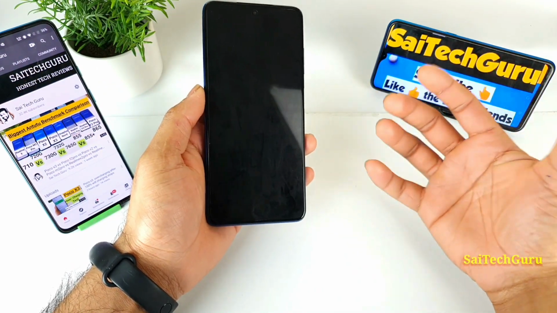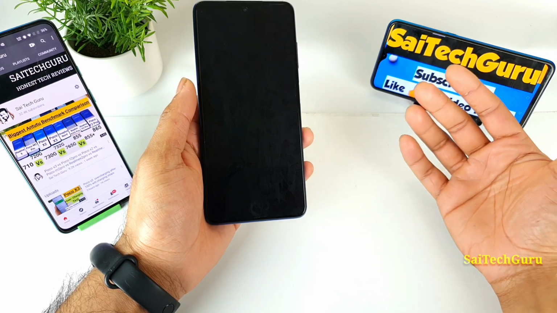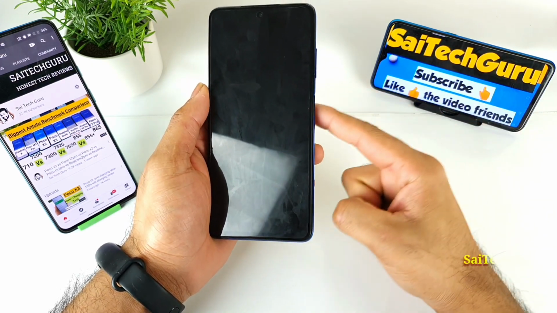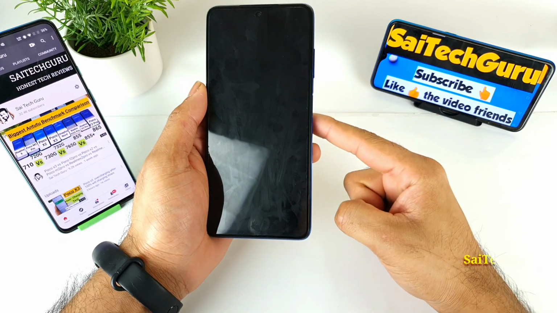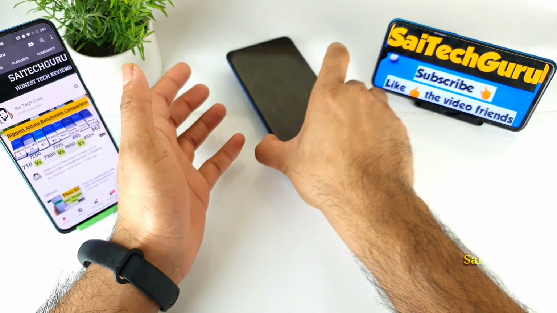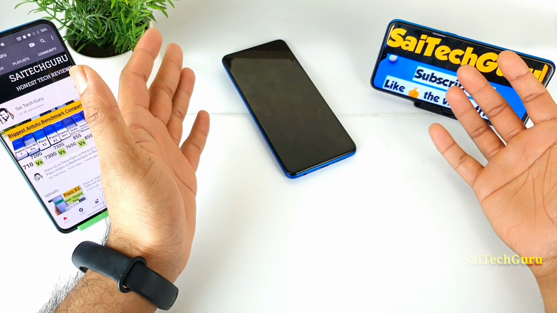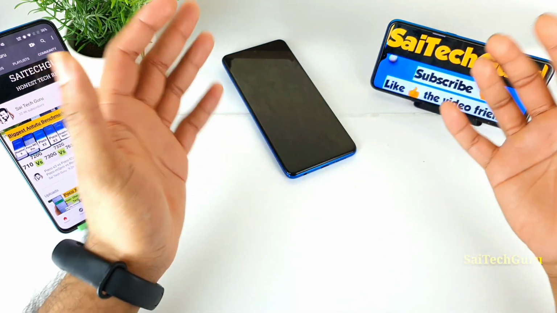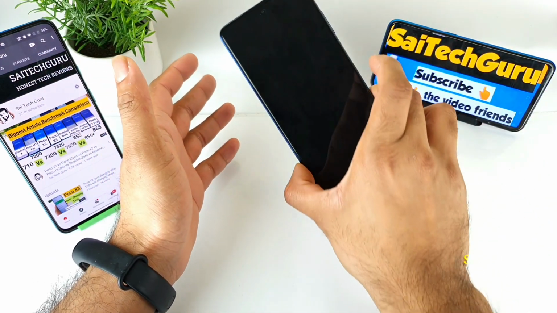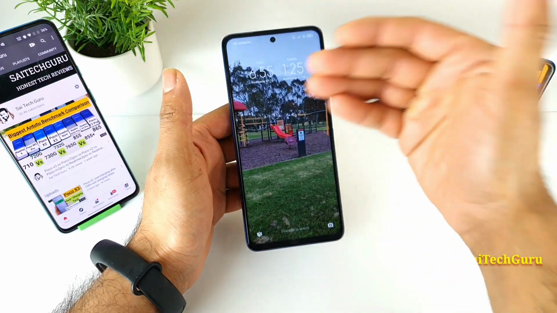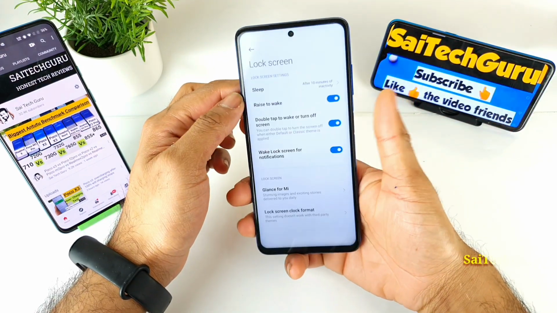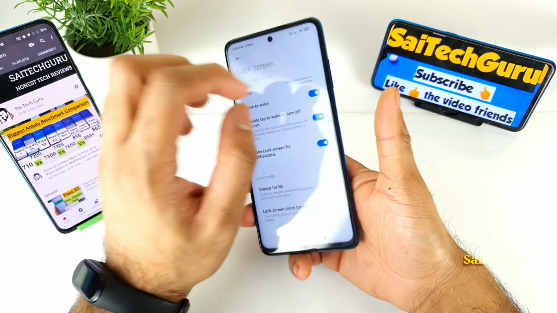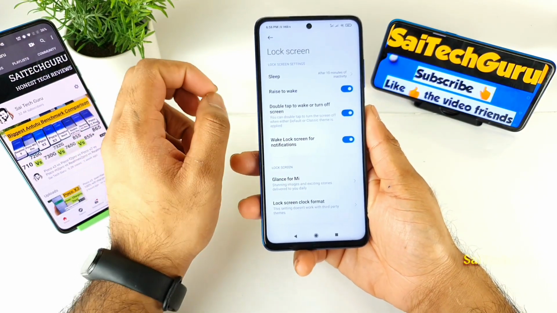I still remember that 3 or 4 years ago there used to be a problem with the power button if you pressed it so many times. But with these tips and tricks in nowadays smartphones, you don't need to press even the power button at all. Without pressing the power button, you can open the screen. As you can see, friends, even when scanning the fingerprint, you don't need to press the power button. That is the best advantage.